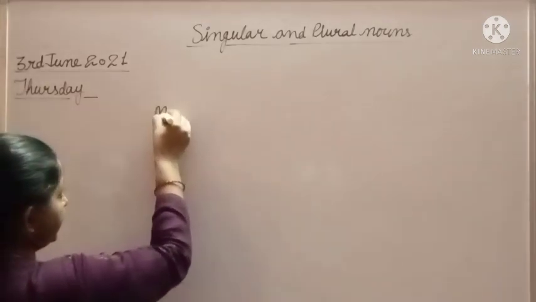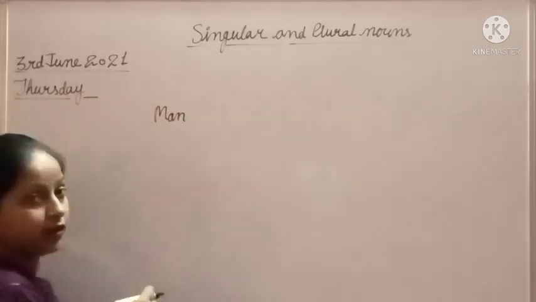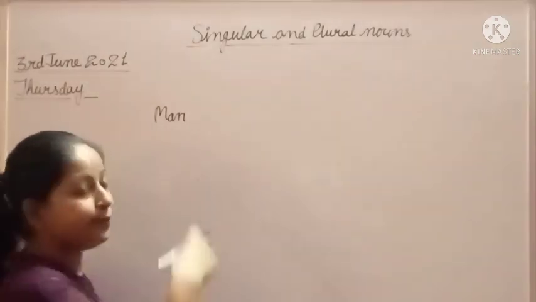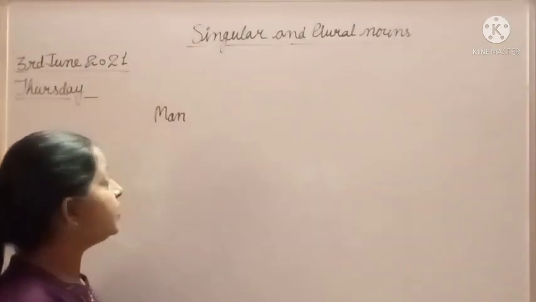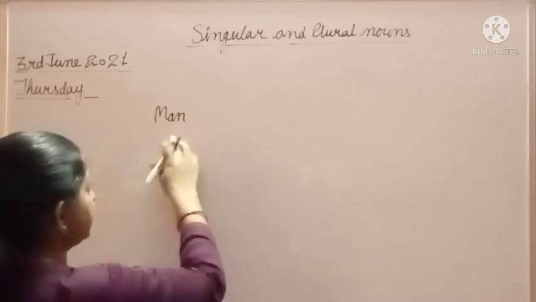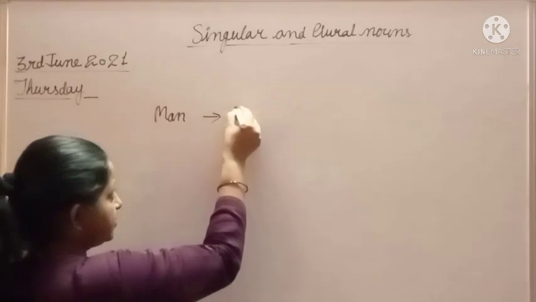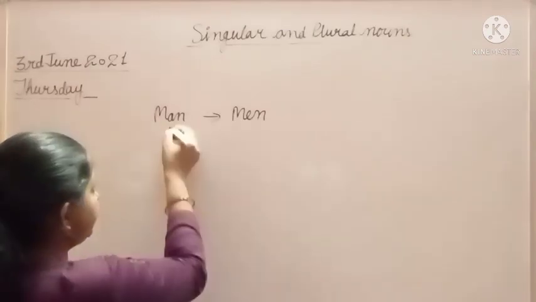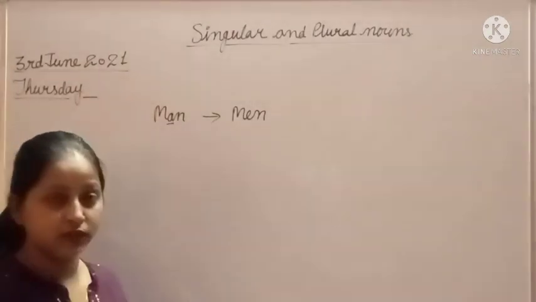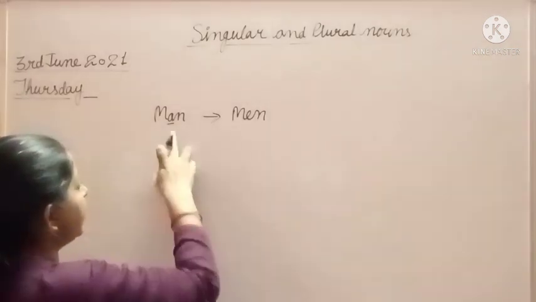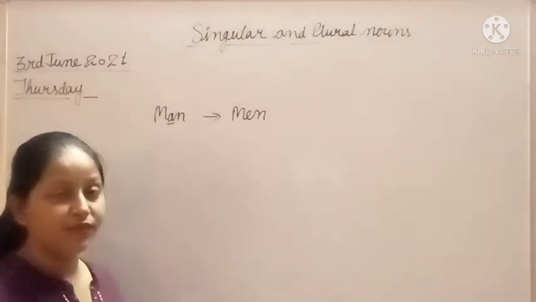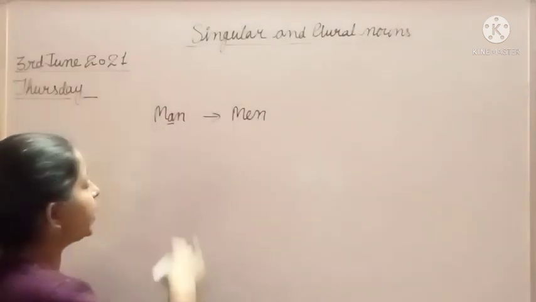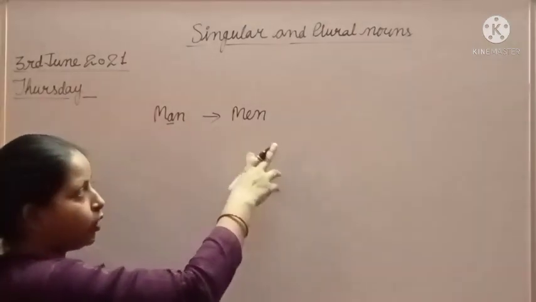Some other nouns have tricky plurals. Now I will write on the board. If we have the noun man, then we will make the plural of it like this. The plural of man is men. Yes students, if we have the noun man, then we will change the vowel in between this word. a is the vowel in between, so we will change a to make the plural of man.